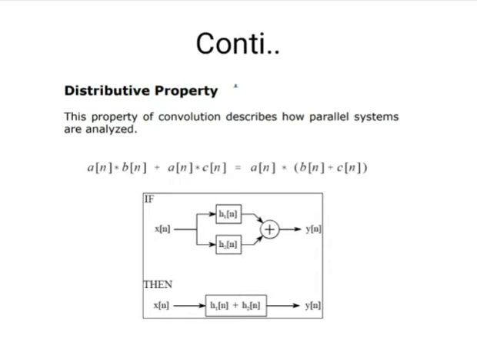Now, system memory. A system is memoryless, for example static, if for any time t equal to t1, the value of the output at time t1 depends only on the value of the input at time t1. In other words, the value of the output signal depends only on the present value of the input signal.